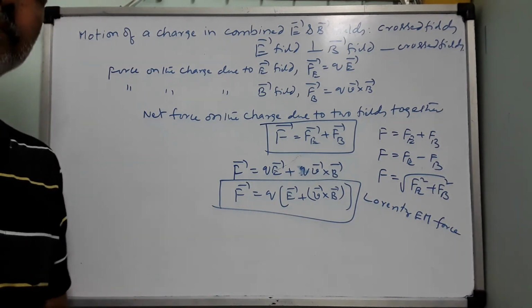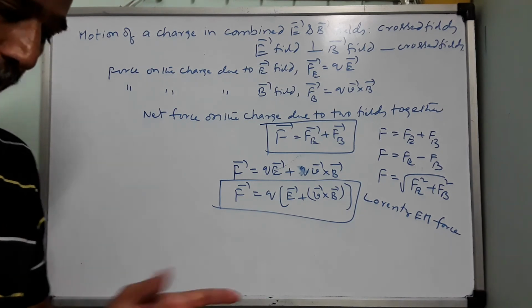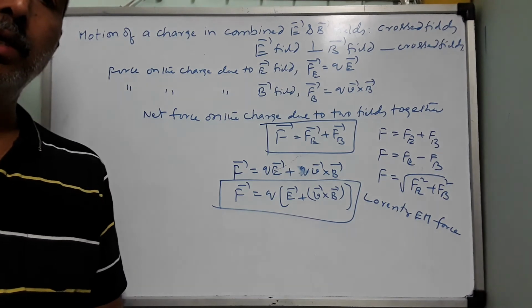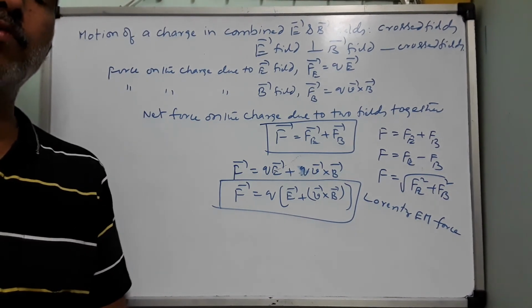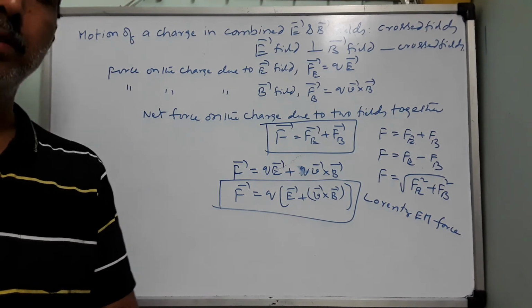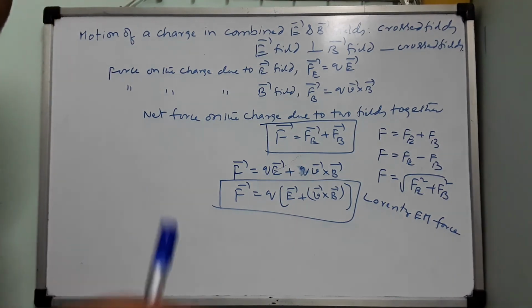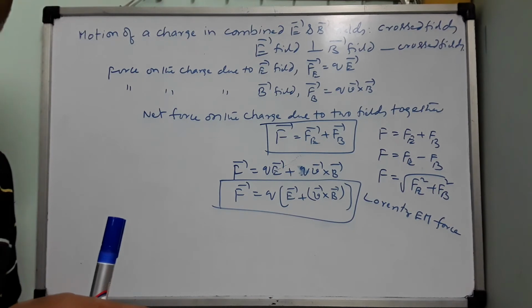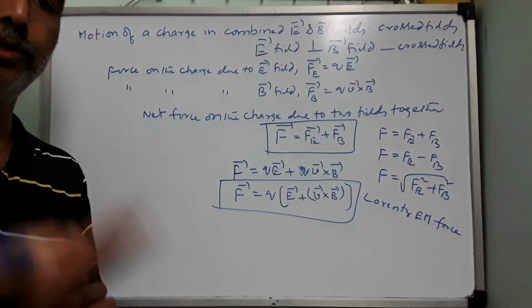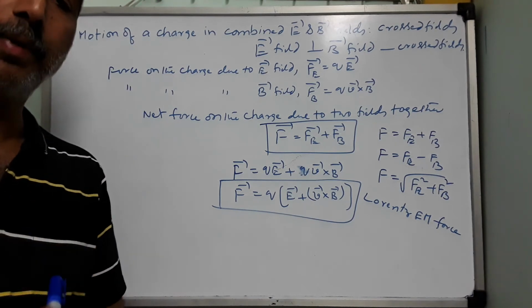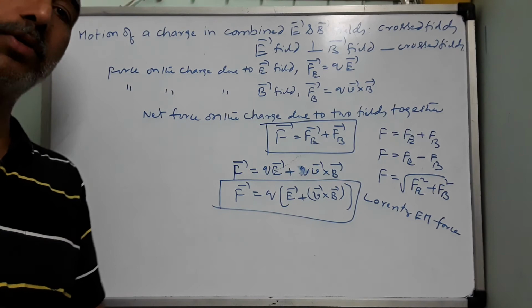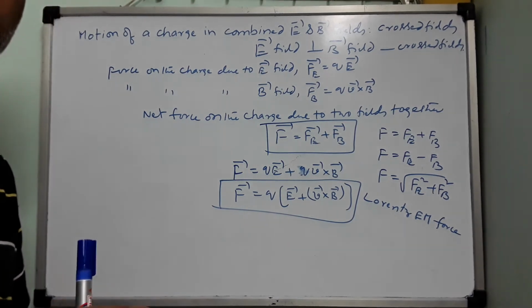Velocity selector. That means, suppose you have a picture tube in your television where an ion like a proton or alpha particle is accelerated in combined electric and magnetic fields. You know that as it is in motion, the charged particle can have a force due to the electric field, because of which it will deflect in one direction. And at the same time, if it is acted upon by the magnetic field, due to the magnetic field also it gets a force because it is in motion.